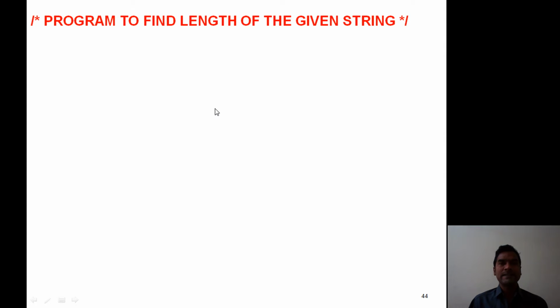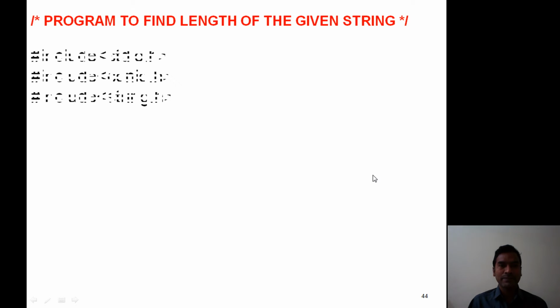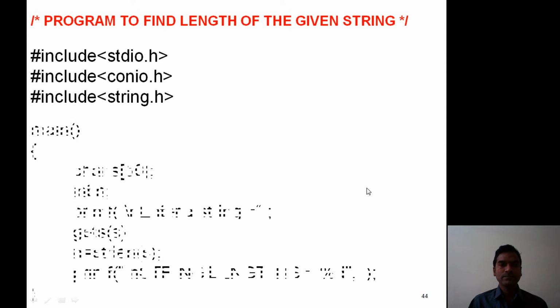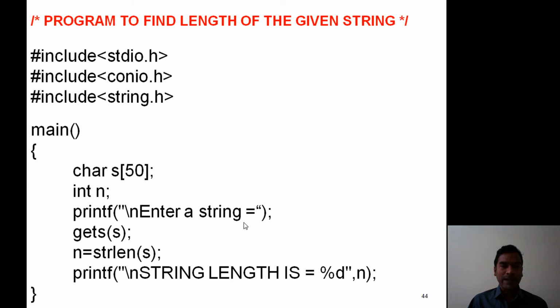Let us consider this example. Now how to find the length of the given string. Here we include the header files stdio.h, conio.h and we must include the string.h header file. Observe this program. Here we declared s as a string and one integer variable n.